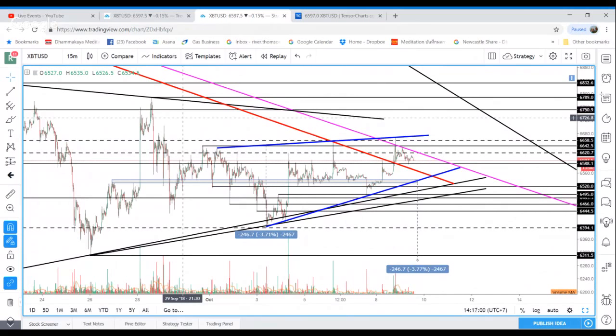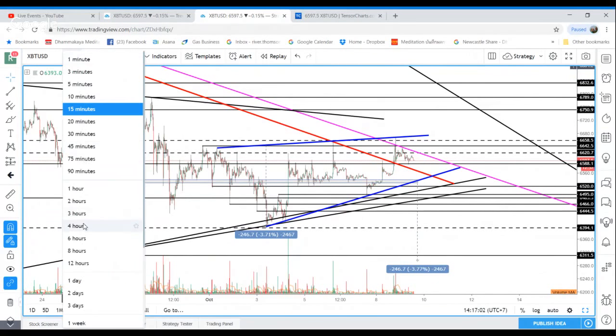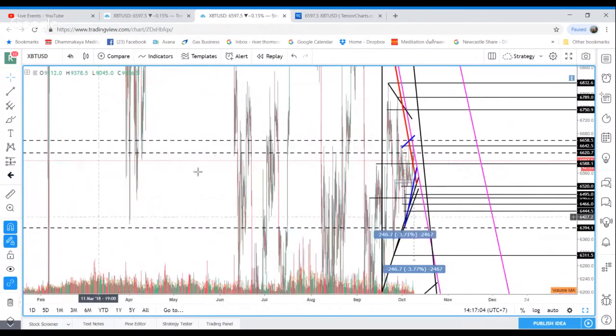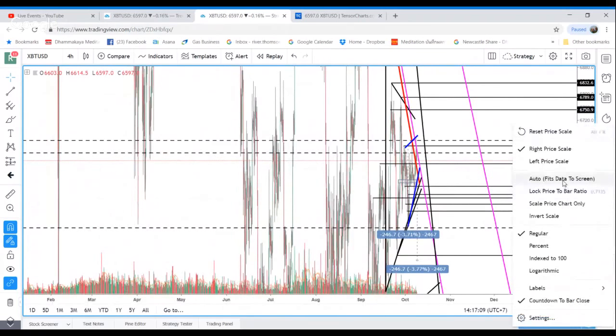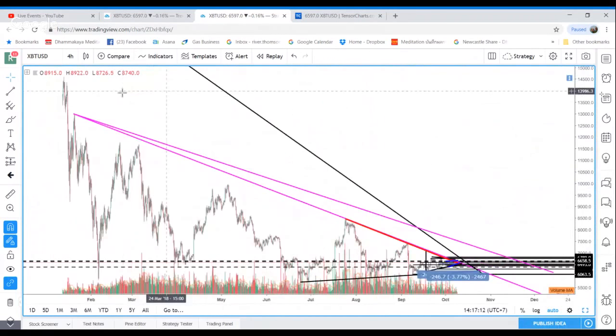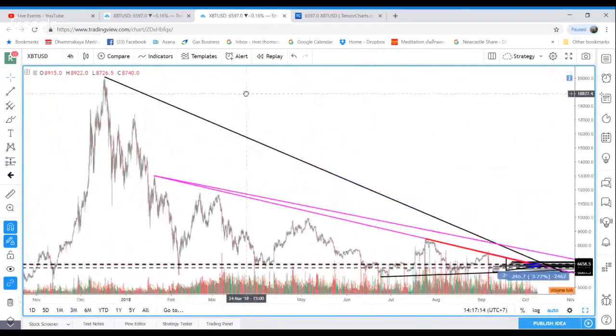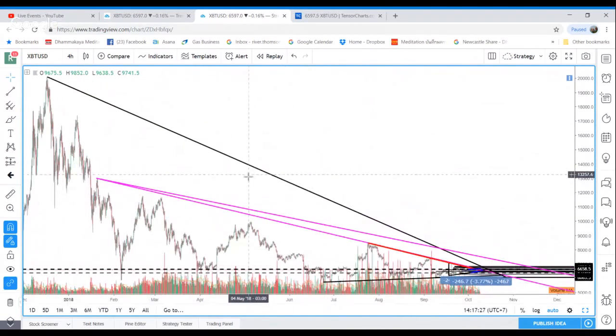So let's have a look at the update first. In fact, let's just zoom out a little bit so that we can have an idea of where we are. Following on from our last video, we're at the absolute crunch end of the apex, and we've got several of these diagonal key trend lines. In particular, the two important ones here are these two purple ones. And the first one, this one here,